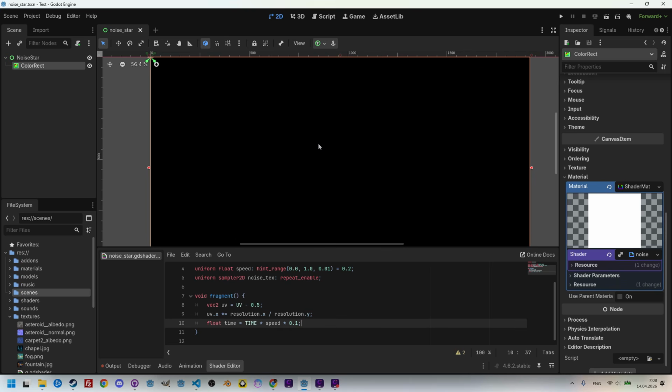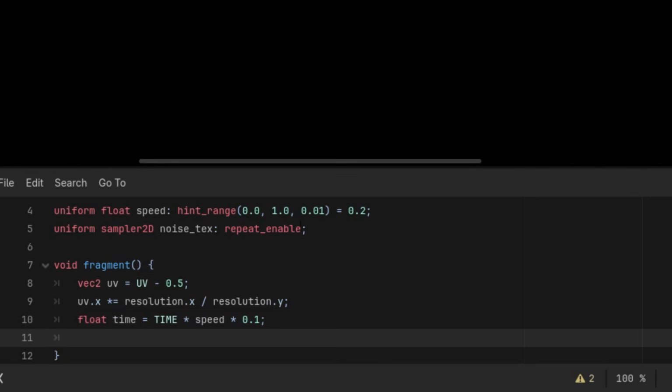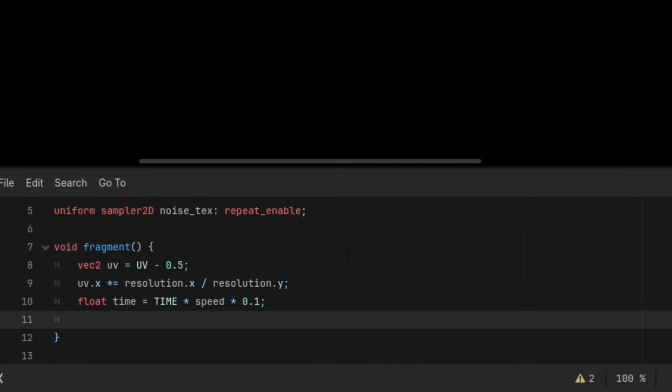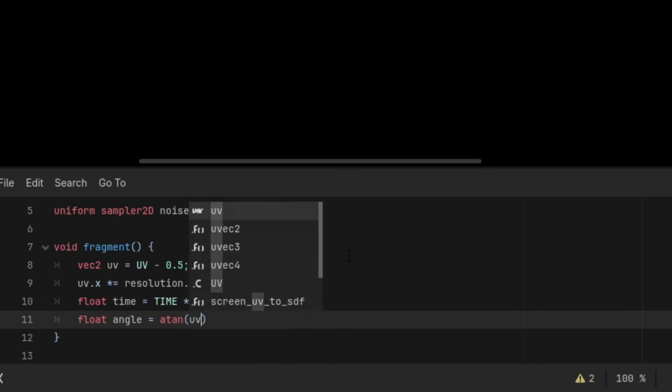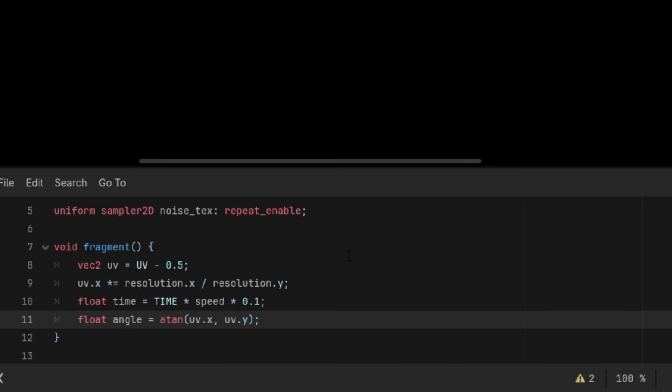So, for polar coordinates, we need the angle and the distance from the origin. We can calculate the angle using the atan function. Let's do it here. Sorry, scrolling down the code. Float angle equals atan of uv.x and uv.y. Okay, as for the radius, we'll actually use it to sample a value from the noise texture at the